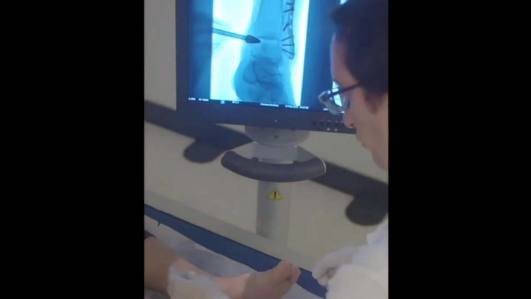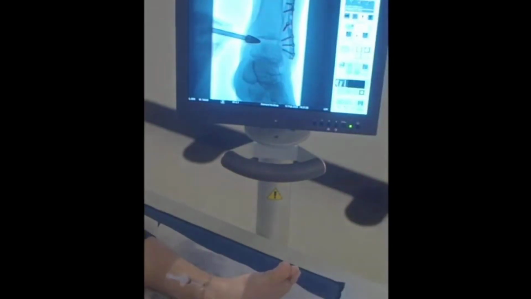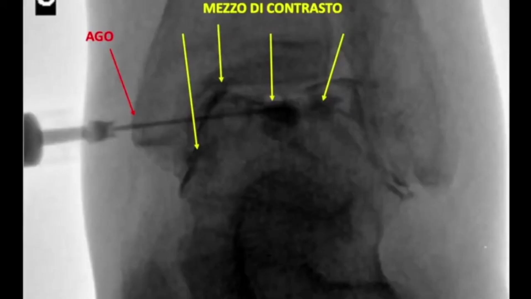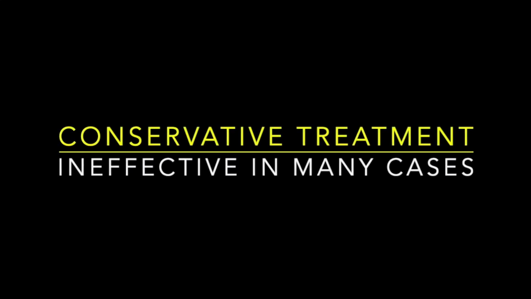In some cases, it is also advisable to perform an infiltration with a small dose of cortisone and local anesthetic. This injection can certainly help to understand whether the pain comes from inside the joint or whether it has a cause outside the joint. In the case of syndesmosis injury, conservative treatment, such as physical therapy, is of little use,